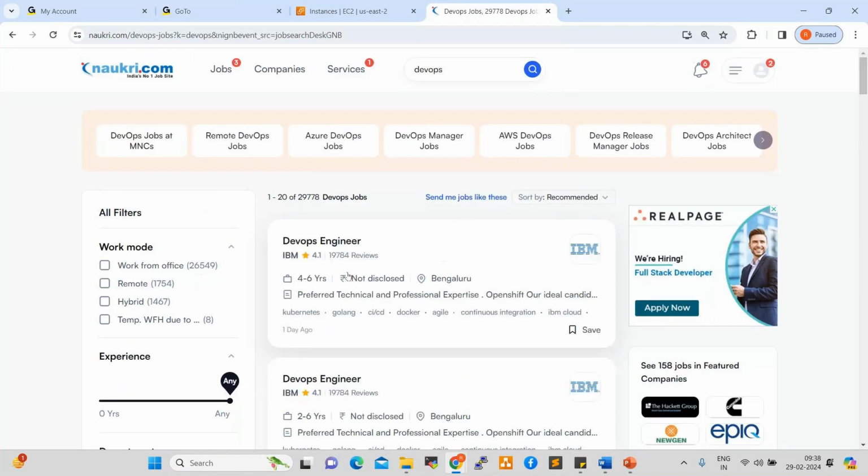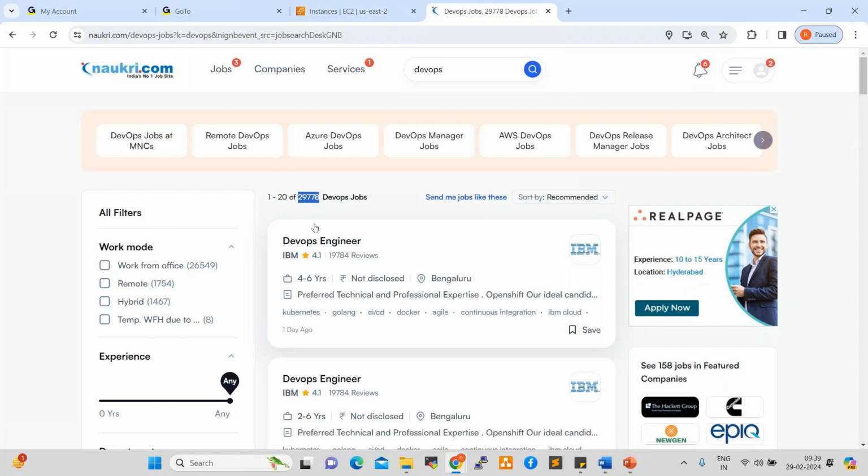See here, how many jobs are there currently? 29,778. So currently still recession is going. That is why nearly 30,000 jobs are there. But 6 months back, 8 months back, it was 1,20,000. But currently the recession is going.